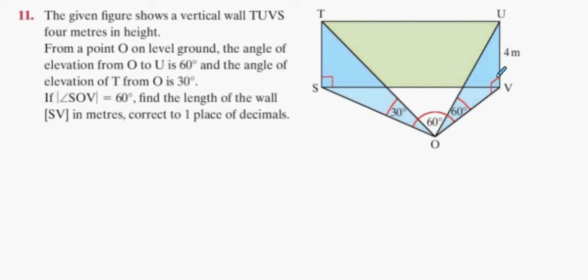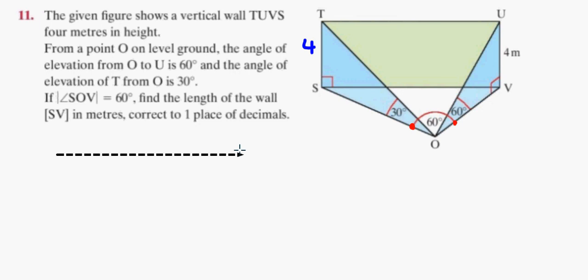Alright, it's a vertical wall. What would that mean about TS? 4. Okay. There's a lot of angles in there and it's quite confusing, isn't it? Now, look at where the angle starts and ends. So what does that mean about the triangle